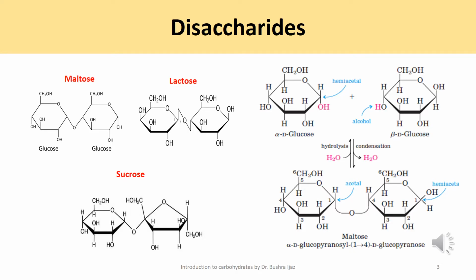A hydroxyl group of one monosaccharide can add to the anomeric carbon of a second monosaccharide to form an acetal. In this disaccharide, the glycosidic bond protects the anomeric carbon from the process of oxidation. Disaccharides such as maltose, lactose, and sucrose consist of two monosaccharides which are joined together covalently by an O-glycosidic bond, which is formed when a hydroxyl group of one sugar reacts with the anomeric carbon of the other.